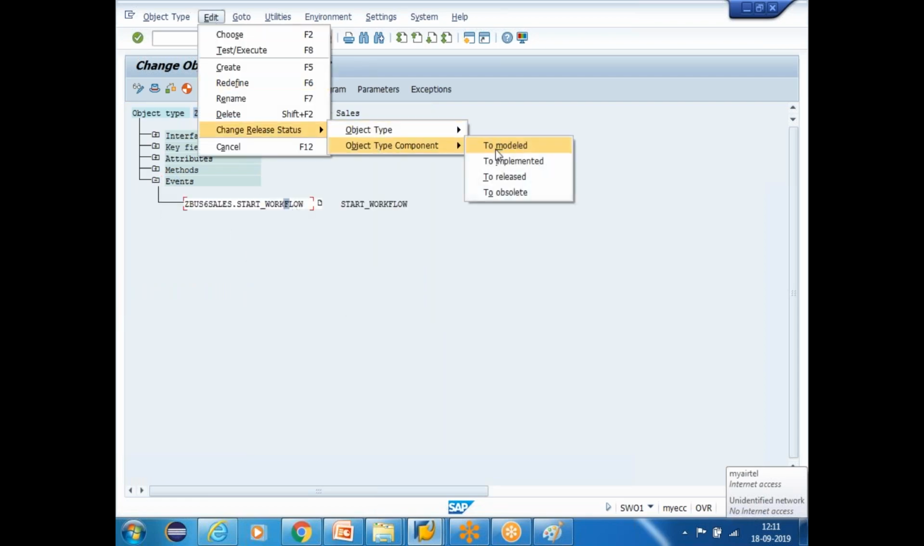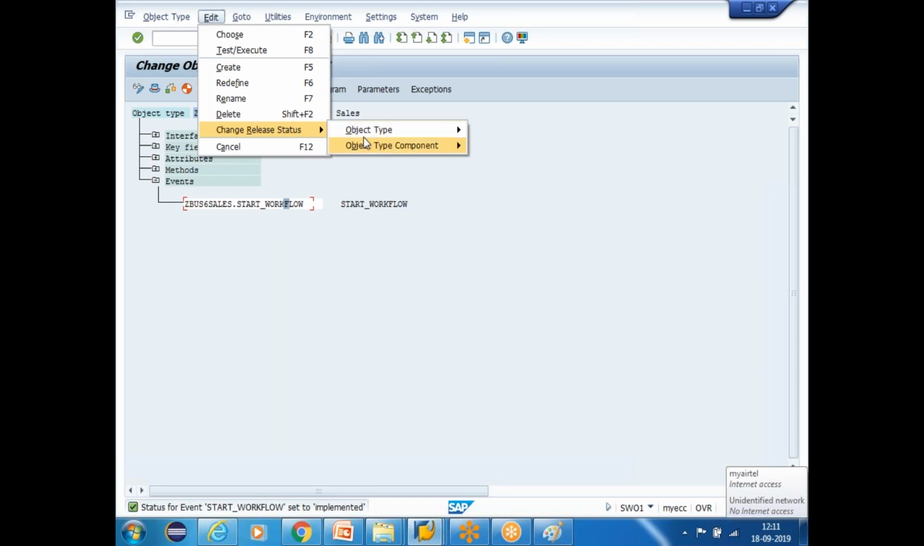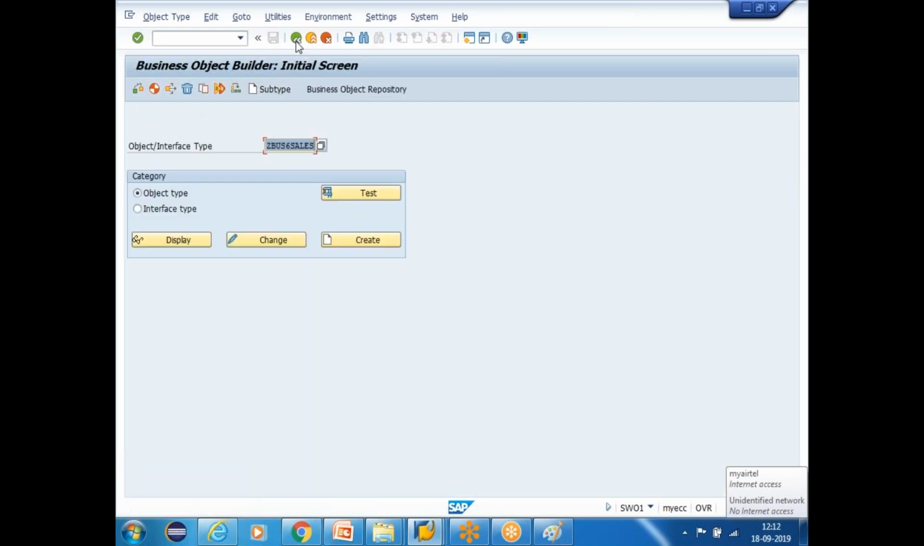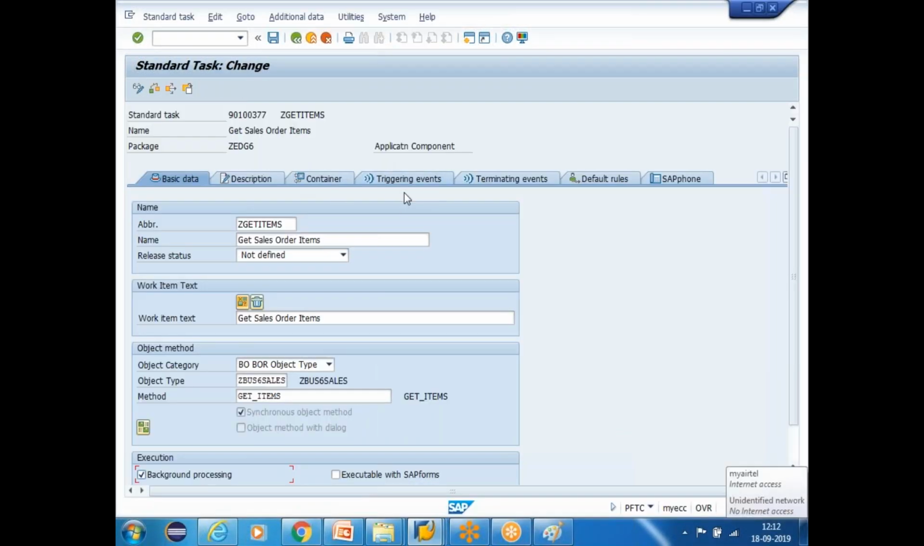I need to release the object type component to the implemented status. Then only can I use this event. Otherwise, I cannot use this event. Maybe we'll see that. I'll set the model status and save it. See, guys, I set this to model, and see what I am going to do. I am going to use this event in the workflows. Is it accessible in the workflow if it is in model status? In the triggering events tab, guys,